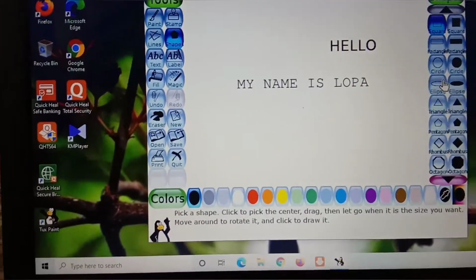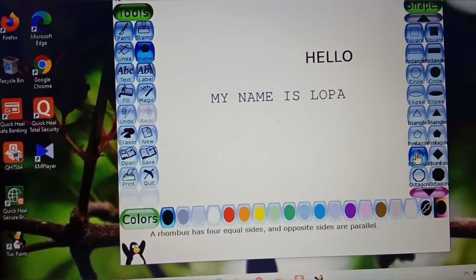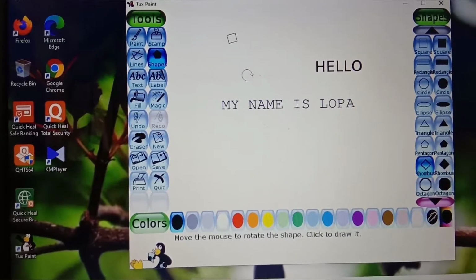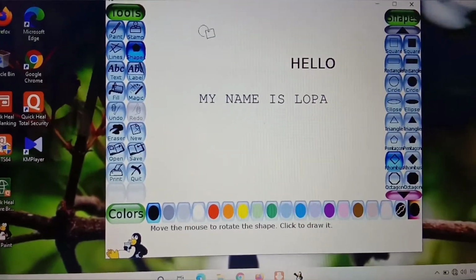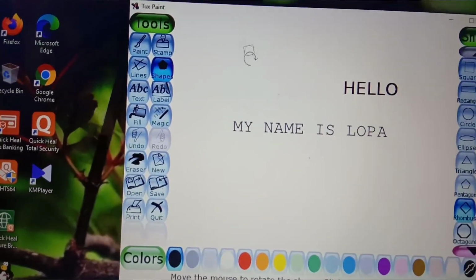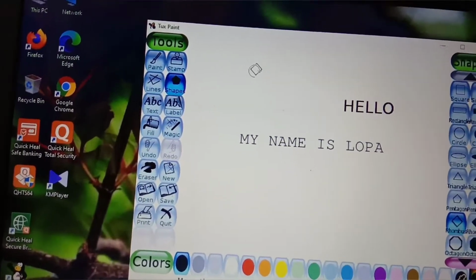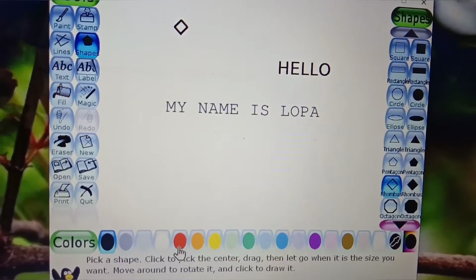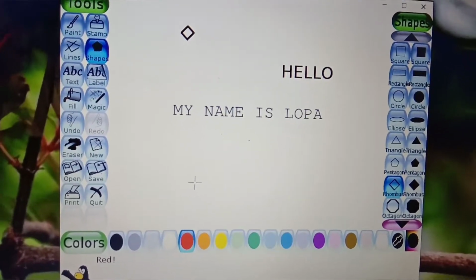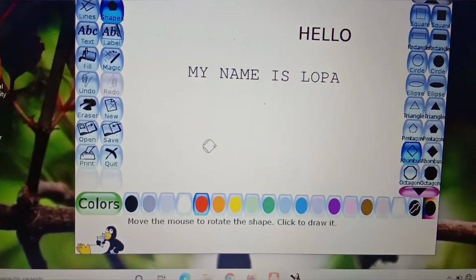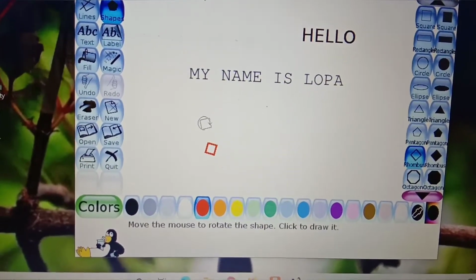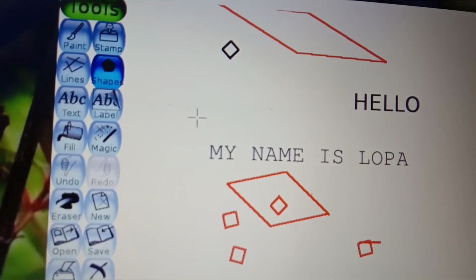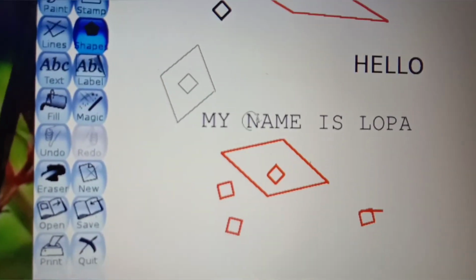When I click on any shape, you have to select the shape by pressing the left button of your mouse. Then just click on the drawing canvas. One more thing, students, you can see the rotate option. I can rotate the picture according to my requirement. This is your mouse pointer. You can rotate according to your requirement. You can also select the color. One more thing, if you want to make it larger, then you have to click here. Then you have to drag to make it large. Okay. And the mouse pointer looks like a plus here. Just press the left button of the mouse and drag. You can see the picture.